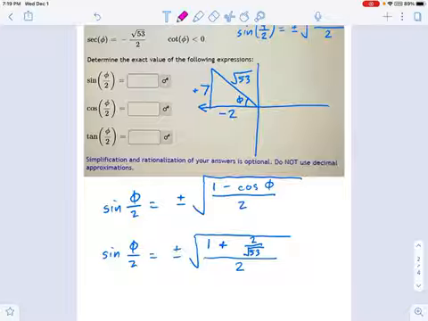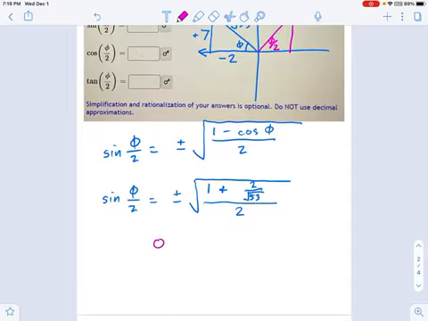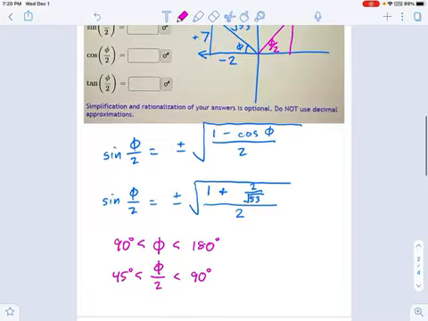You might be tempted to say, well, my triangle's in quadrant 2. That's true, your triangle for phi is in quadrant 2, but your triangle for phi over 2 is going to be over here somewhere, right? This is phi over 2. And if phi is in quadrant 2, then phi over 2 must be in quadrant 1. How do I know that? Well, think about it. I'm saying phi is less than 180 degrees, but it's greater than 90 degrees, right? That means phi over 2 is less than 90 degrees and greater than 45 degrees. Okay, kind of where I drew it over here.